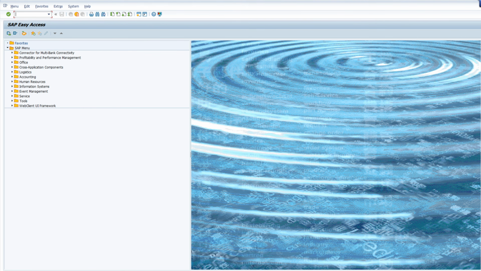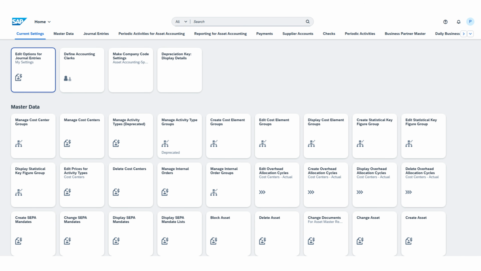So our third point is user experience. In ECC, we are mostly working on GUI based screens. That means the screen you will find is very traditional, and here we are going to use transaction codes. Whatever activities you are going to do, you are going to use on a transaction code basis. Whereas in S4HANA, we have different Fiori applications, and it is completely role based. Anything you want to do, an application is available for that, and it is like a mobile ready